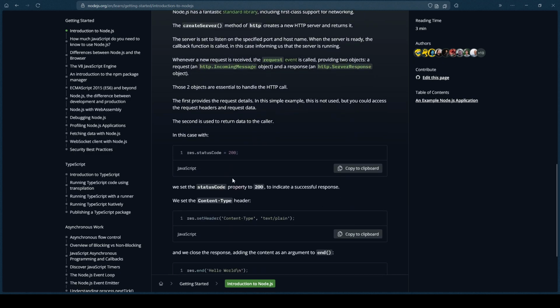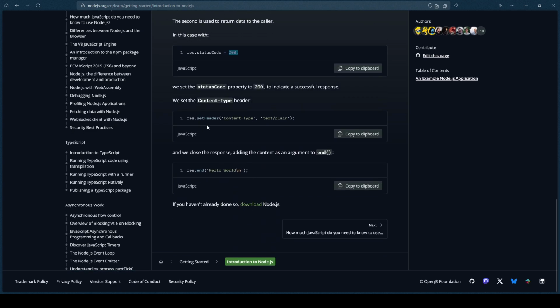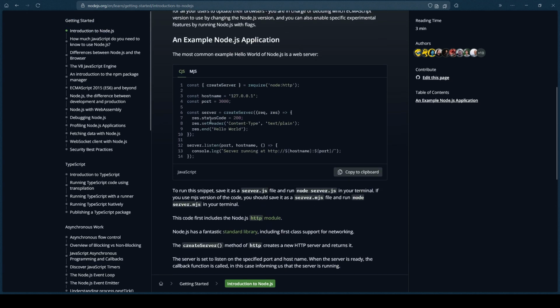And like the status code: a 200 status code means everything works fine, 404 means page not found, and 500 means something has occurred on the server side, some error has occurred on the server side. And in the response, here you can see that this is the thing we are